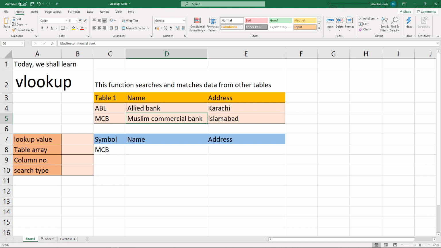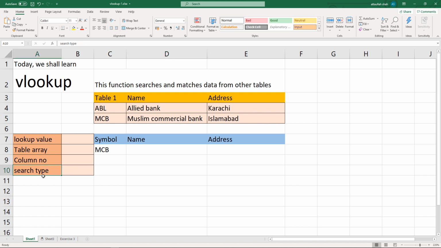And if we want to extract value from column 3, we will type 3. So column number here means the column from which we want to extract the data. Once we find a match, then from which column we want to extract data, from column 2 or 3, or similarly if there are other columns.